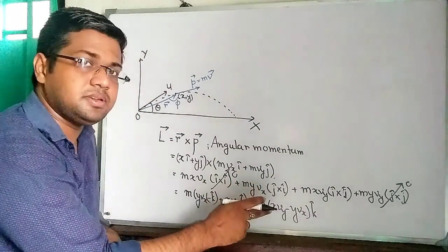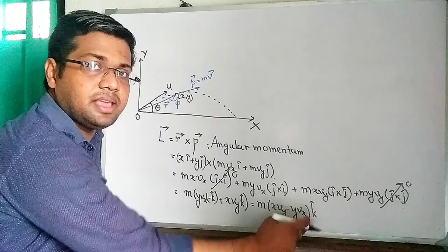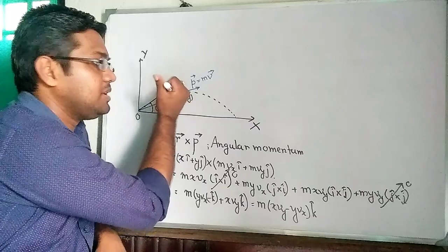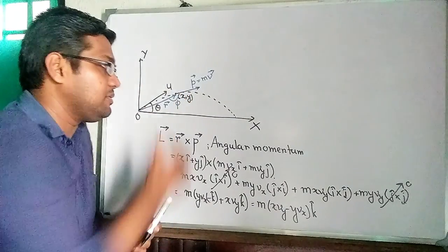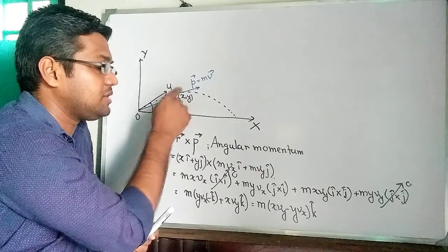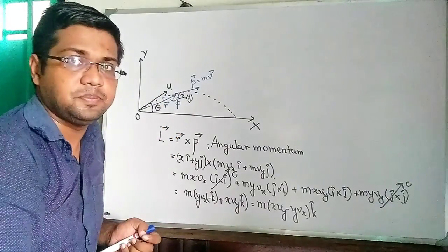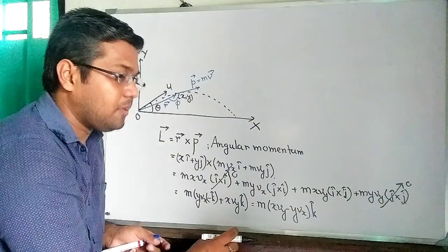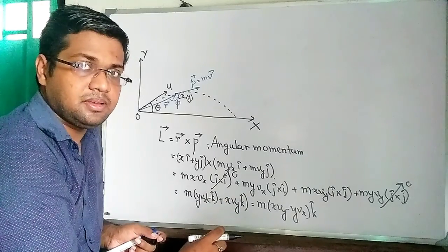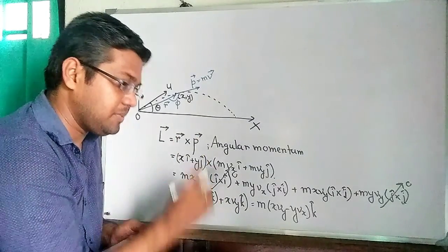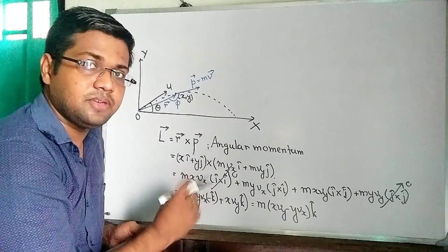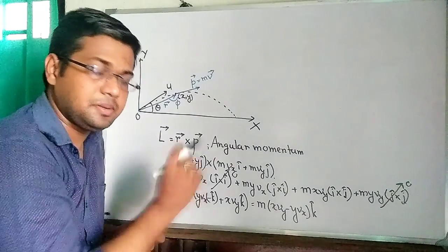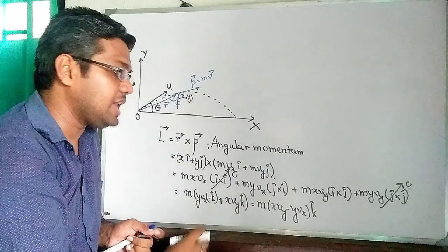The direction of the angular momentum vector is denoted by k cap, and this k cap is perpendicular to the plane of the board. R cross p, if you do r cross p, it is coming out of the board. It depends on x and vy, and on y and vx. So if we know vx and vy and x and y at that particular point, then at any coordinate we can easily calculate the angular momentum.